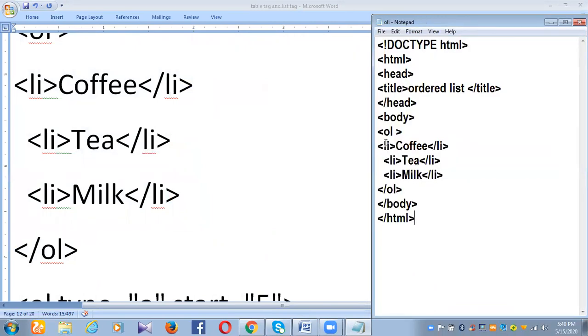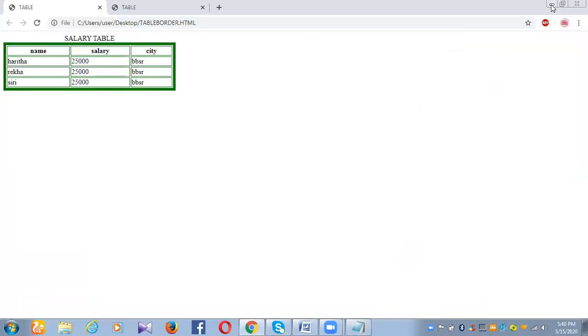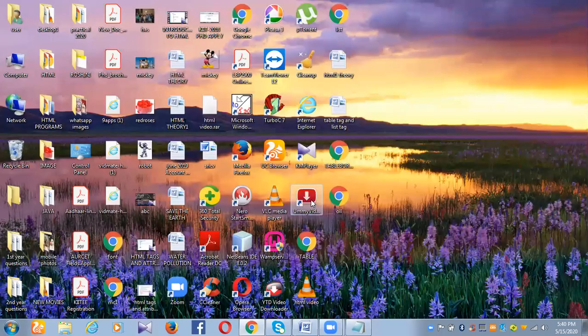See here under the body part, same example as shown. OL is mentioned, ordered list, then li is mentioned coffee, li is mentioned tea, li is mentioned milk here, and we have closed the ordered list here. So let me show you the output of the same. See here, coffee, tea, milk, which has 1, 2, and 3. The numbering has come here.